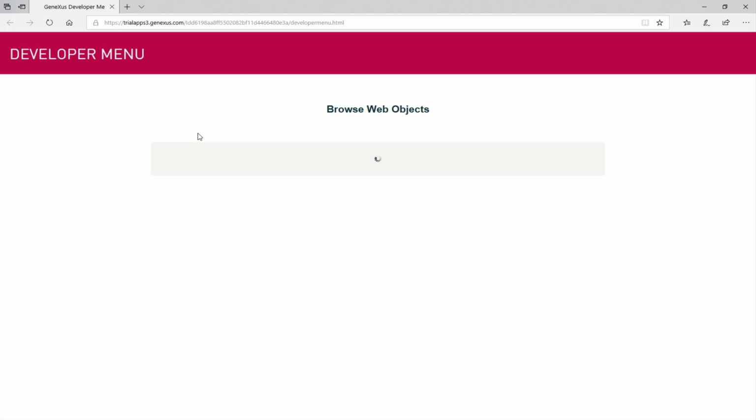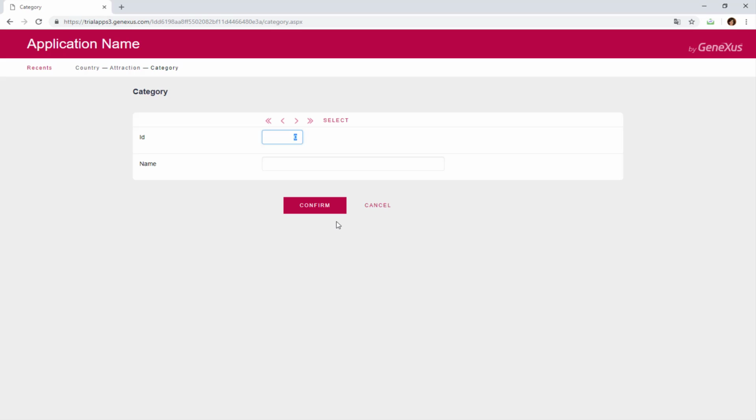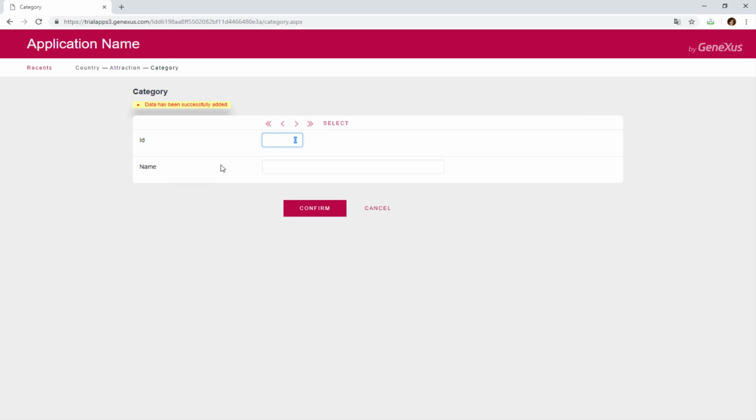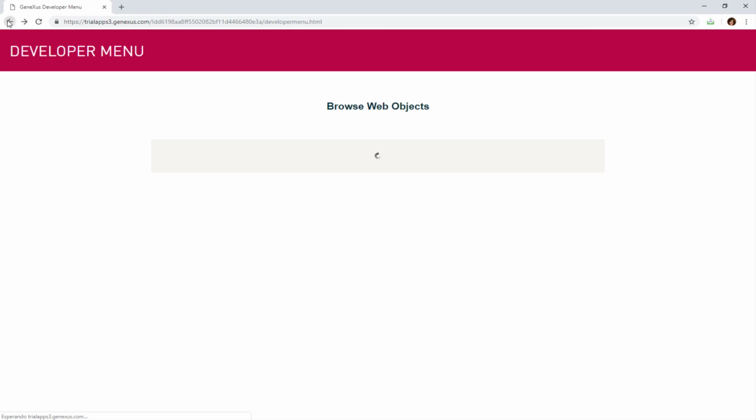The browser is opened, and we start to enter some categories. We entered these categories: Museum and Monument. Now we execute the attraction transaction.